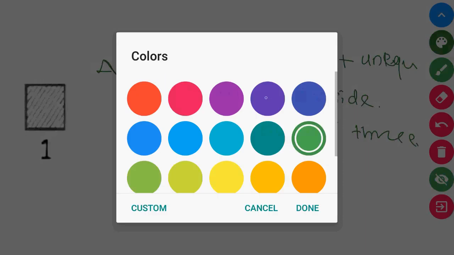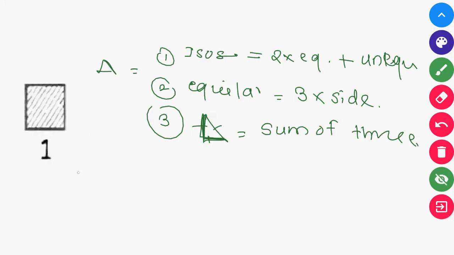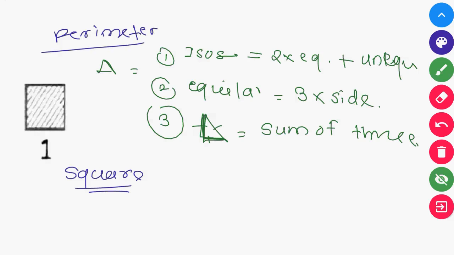Now talking about the perimeter of square or rectangle, for square. So for the perimeter of a square, all the sides of a square are of equal length and it is